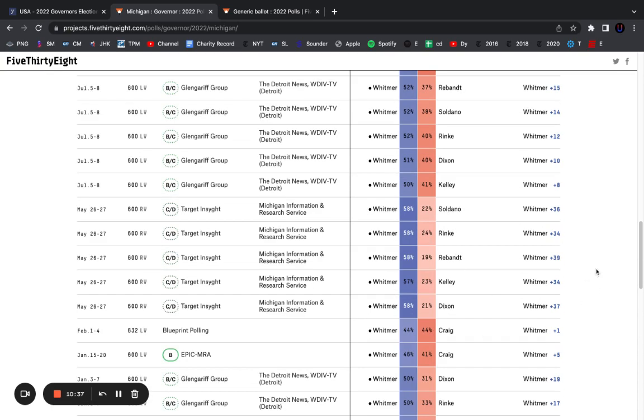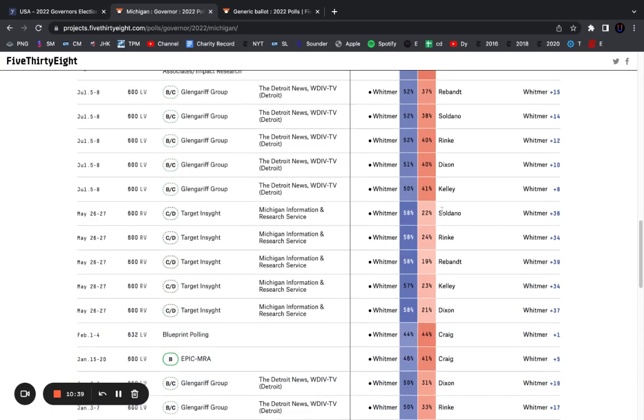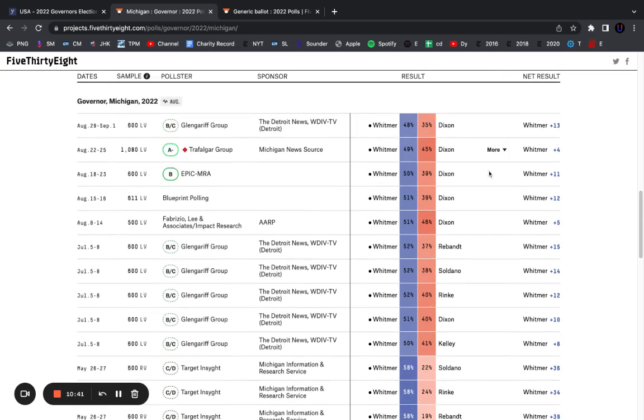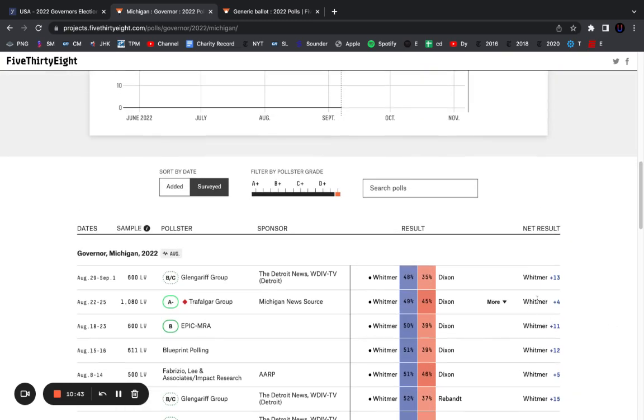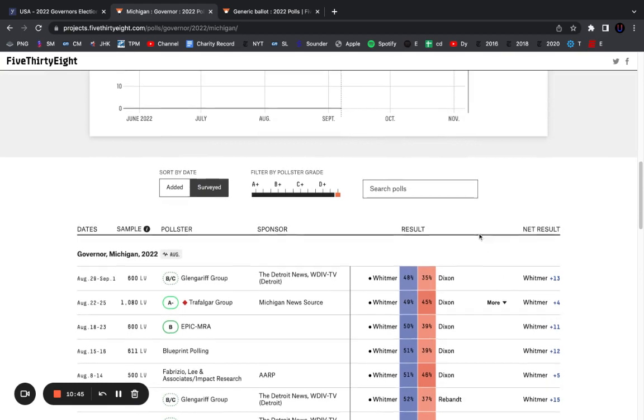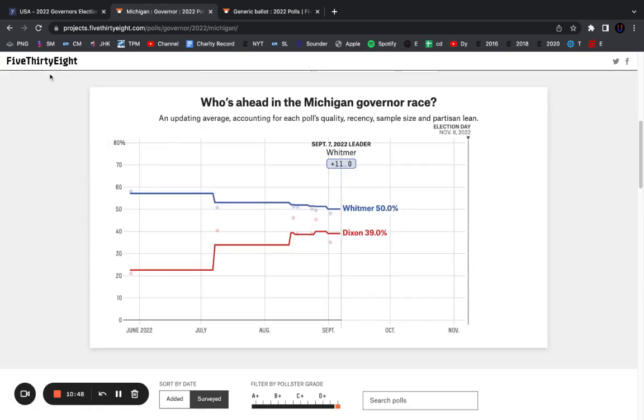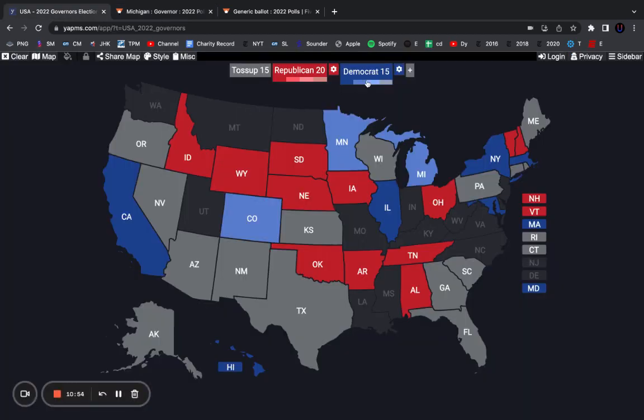And then we had some Target Insight polls that had her up by insane margins. That won't happen. But it's kind of interesting that Dixon's closest poll is Trafalgar, and she's still down 4. And Trafalgar again is the poll that thinks Washington, Vermont, and New York are all competitive. So that's not really particularly good for Tudor Dixon, and I expect her to lose by 5.5-6% when it's all said and done. Next up is Connecticut.